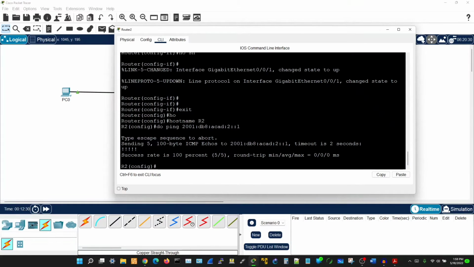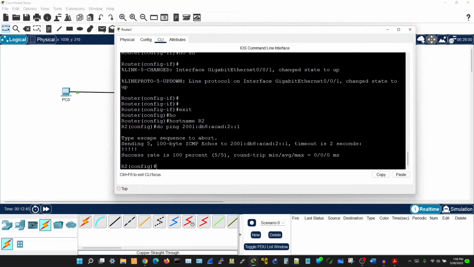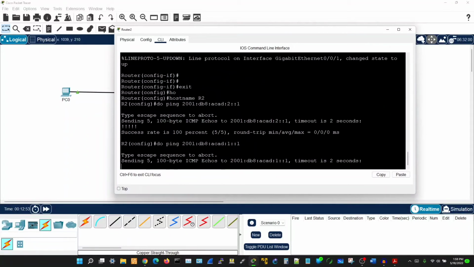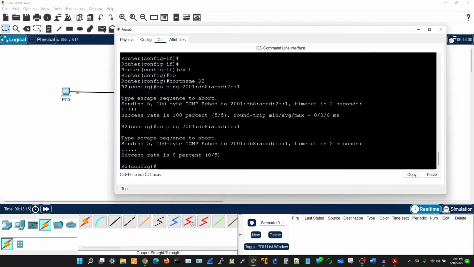So I know I can talk to my next hop, which is router 1, but can I communicate to the network behind router 1? And the answer is, pretty sure, no. We're going to just time out here without any communication,